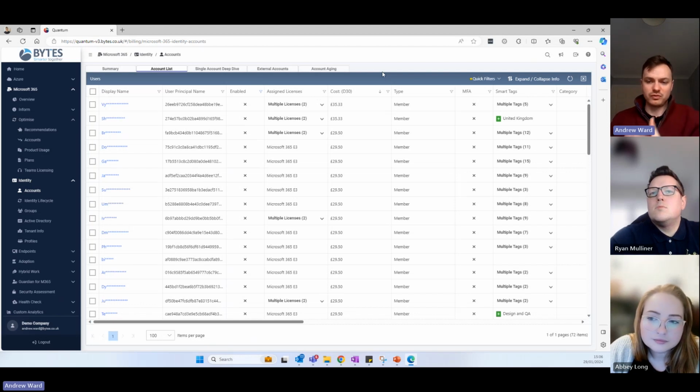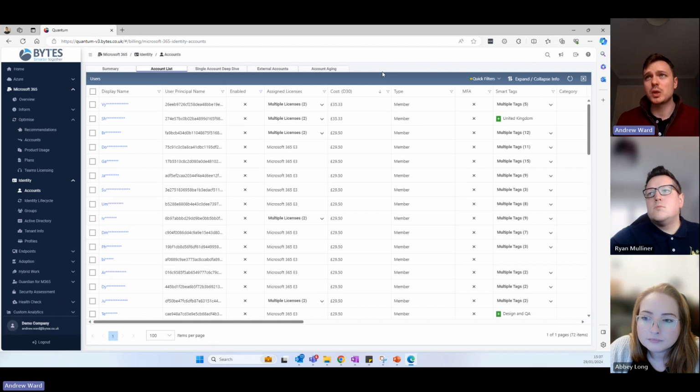And that goal for, say, 450 licenses, if we factor in a little bit of leeway on top of 1,000 users, well, how can we reuse that budget? We might actually be able to start thinking about moving over to E5. It's what we want, it's what we need. But previously it's been out of our reach because we haven't been licensing correctly. So that's one of the key things that the Quantum toolset is going to give you the visibility of,